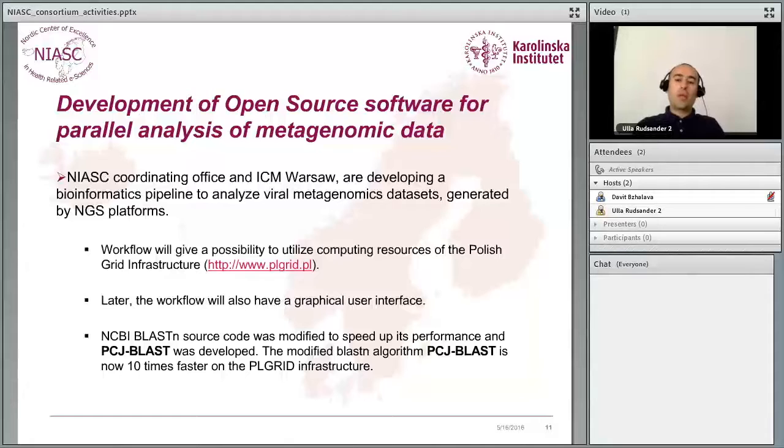One of the main challenges in bioinformatics is ever-increasing volumes of genomic data, and scalable bioinformatics software is missing. So we have parallelized NCBI BLAST, which is one of the commonly used bioinformatics tools, and we have been collaborating with our Polish partners in the Polish grid infrastructure, where they modified NCBI BLAST to be adaptable to their infrastructure,